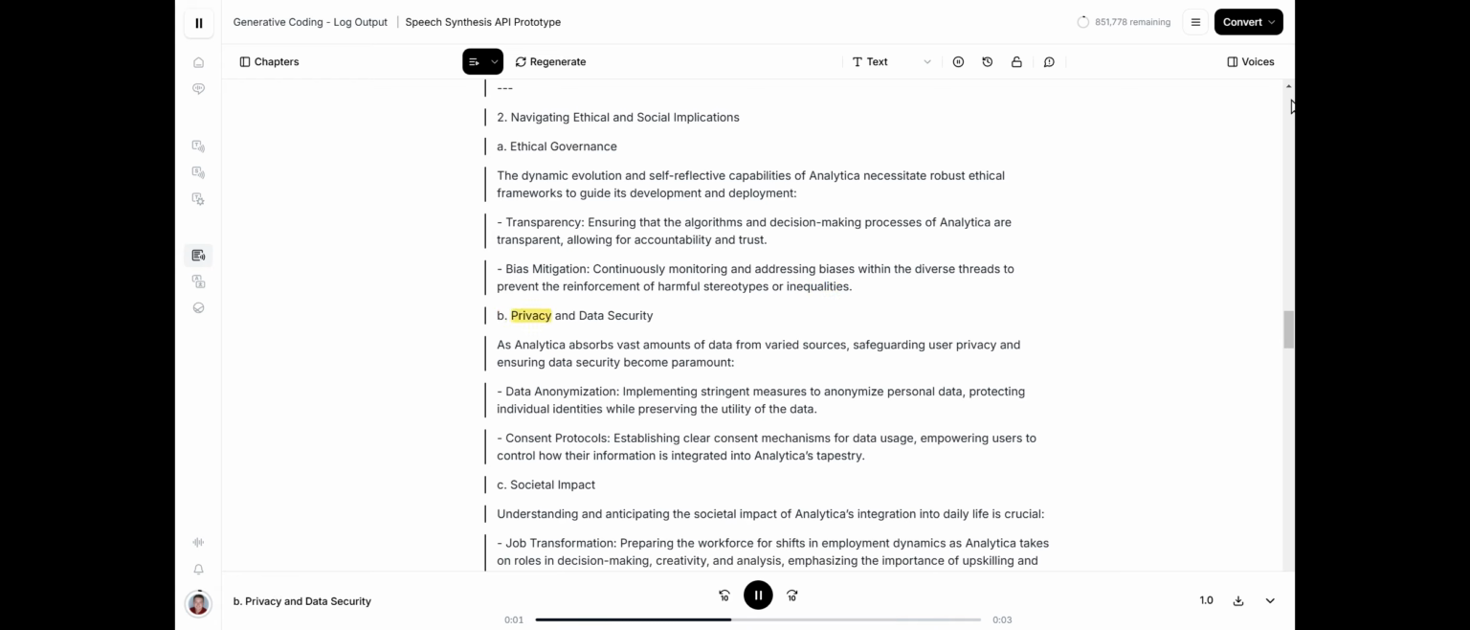B. Privacy and data security. As Analytica absorbs vast amounts of data from varied sources, safeguarding user privacy and ensuring data security become paramount. Data anonymization, implementing stringent measures to anonymize personal data, protecting individual identities while preserving the utility of the data. Consent protocols, establishing clear consent mechanisms for data usage, empowering users to control how their information is integrated into Analytica's